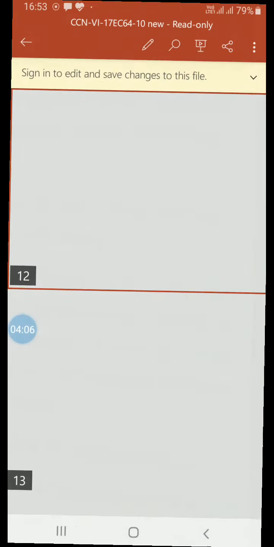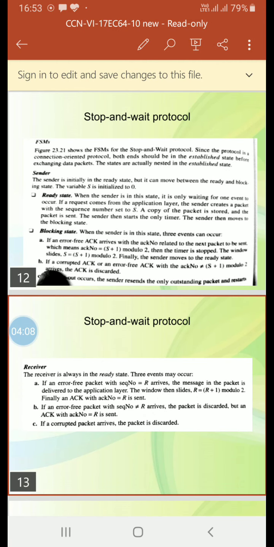Two, if a corrupted acknowledgement or an error-free acknowledgement with acknowledgement number not equal to S plus 1 modulo 2 arrives, the acknowledgement is discarded. Third, if a timeout occurs, the sender resends the only outstanding packet and restarts the timer.